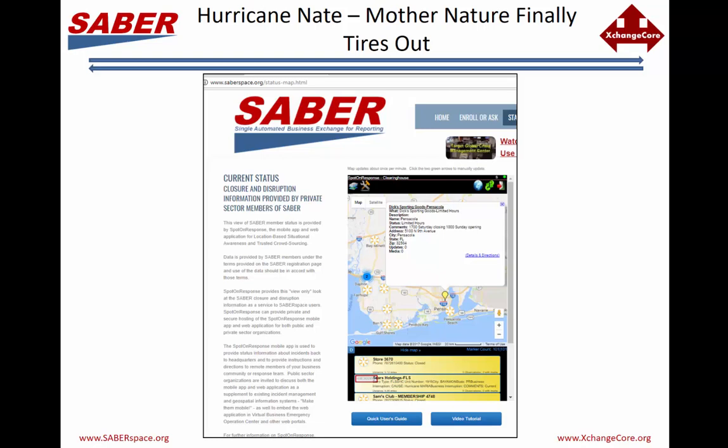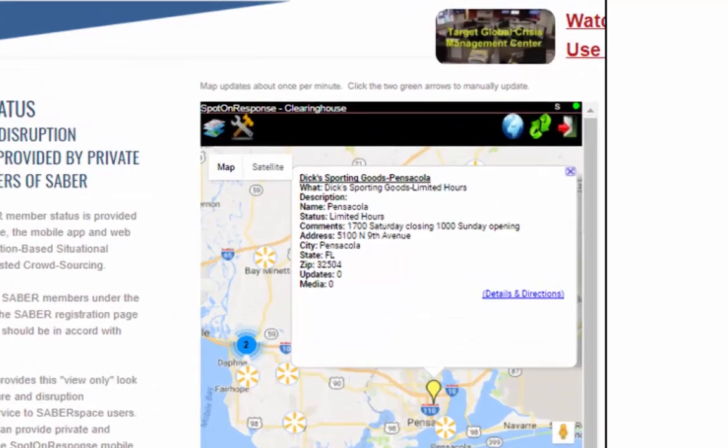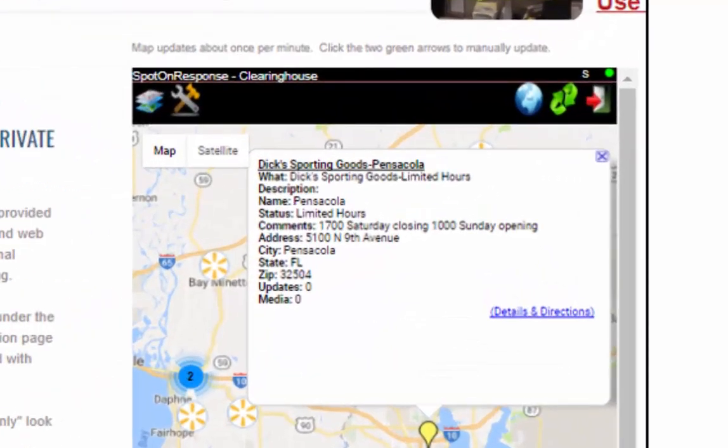Now turning to Hurricane Nate, and here I say only slightly tongue-in-cheek that Mother Nature finally tired out, although it was significant for some of the places that were affected by it, in comparison to others, not very much. And here also, just one illustration on Hurricane Nate, the SABER status map, and if you can see that location there, Dick's Sporting Goods. This is a brand new company, and we brought on a couple,